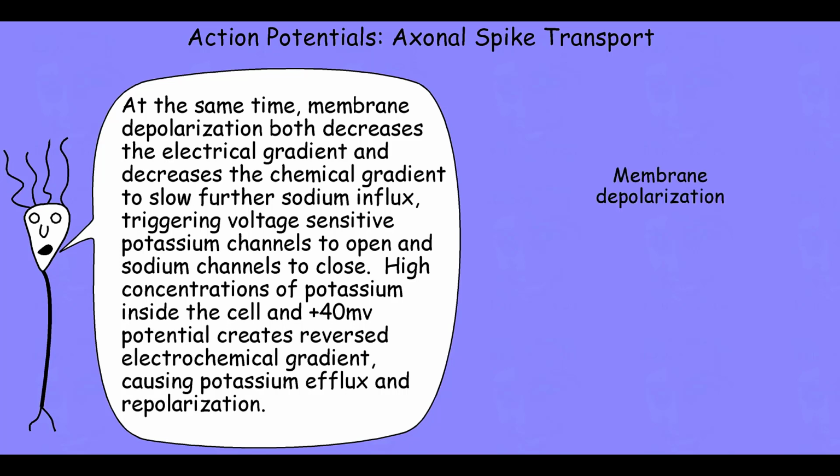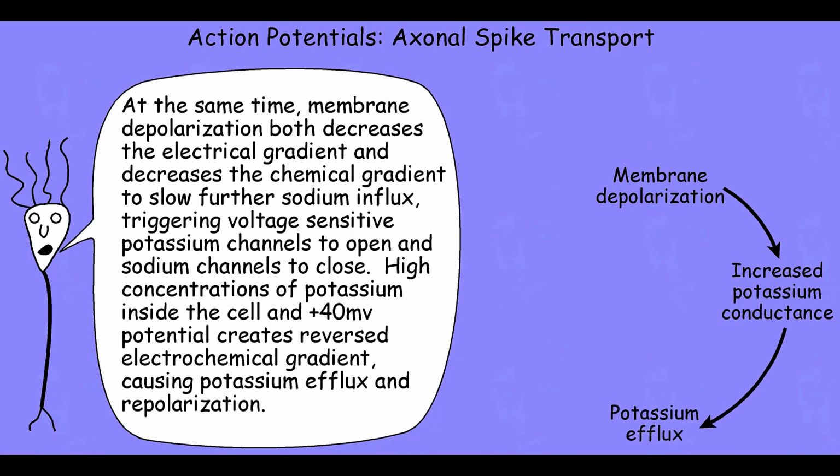So now we see that membrane depolarization triggers increased potassium conduction in the form of potassium efflux, which results in membrane repolarization. Now, that potassium channel isn't the only mechanism to achieve repolarization. Remember that we have that sodium-potassium pump, and it too kicks in to help repolarize and restore homeostasis to the